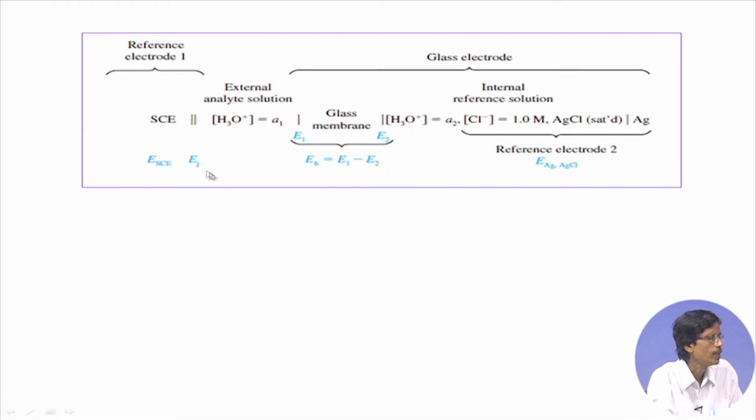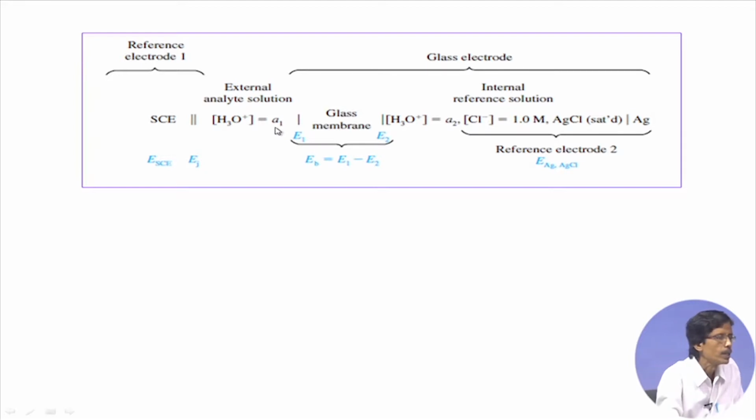The standard calomel electrode gives you a potential of a certain value, and this double parallel line, we know, represents the junctions. So, you have the EJ value for that, the junction potential. So, what are we basically coupling? We are coupling these two, that means a reference electrode over here and another reference electrode, reference electrode 1 and 2, which will give rise to a potential of EB, which is E1 minus E2, like your left minus right potential values, and you have the external analyte solution. This is your external analyte solution, having activity A1.